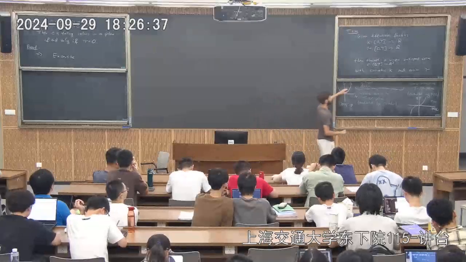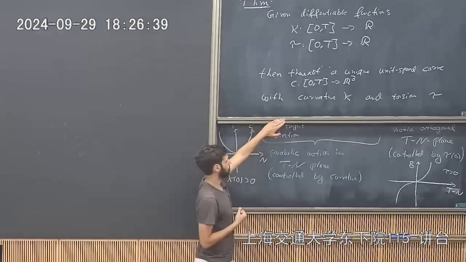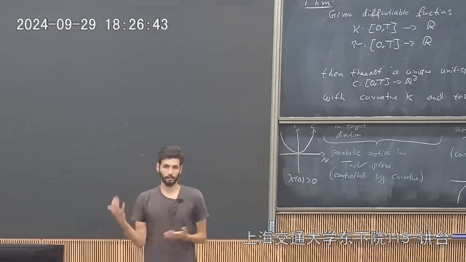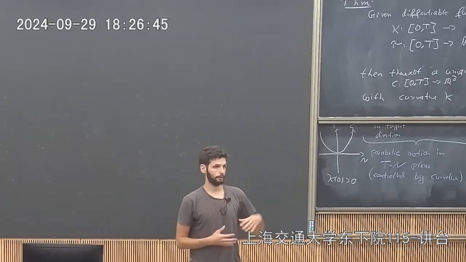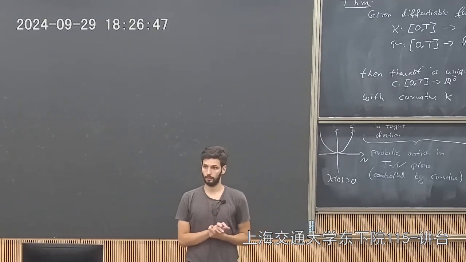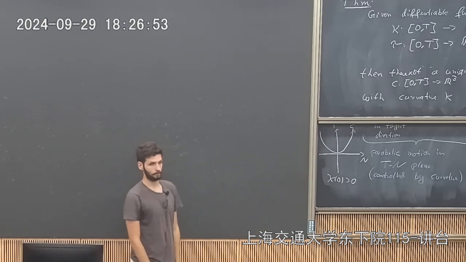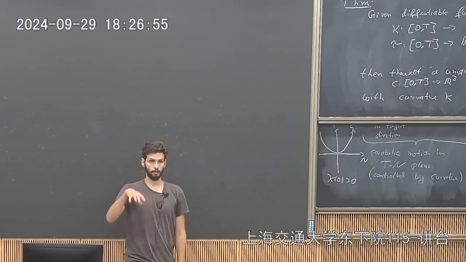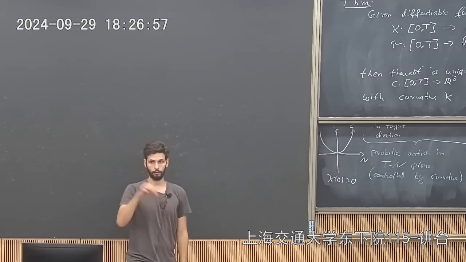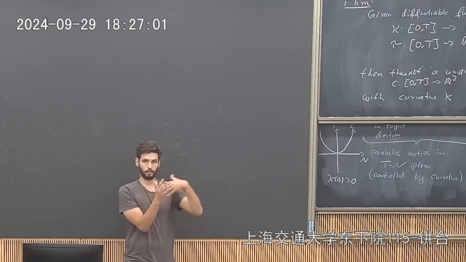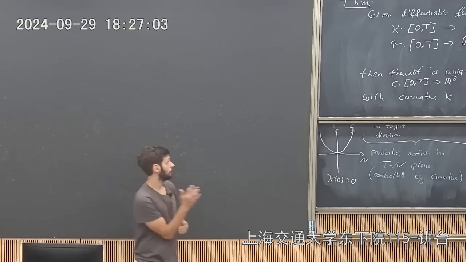So the first problem, if you think about this question, would be: how do I approach it? The only thing that I know are essentially the Frenet-Serret equations. I would like to use them in some way. But then we had troubles defining what the Frenet-Serret frame is at a point where the curvature was 0, because then essentially it's a straight line, and it's no longer clear what you should take as the